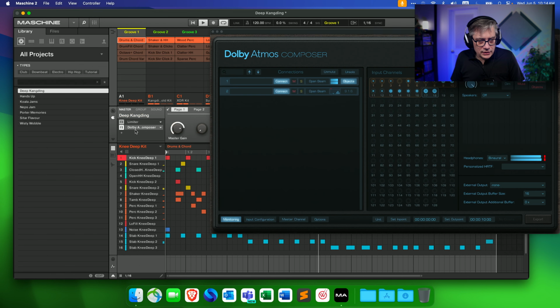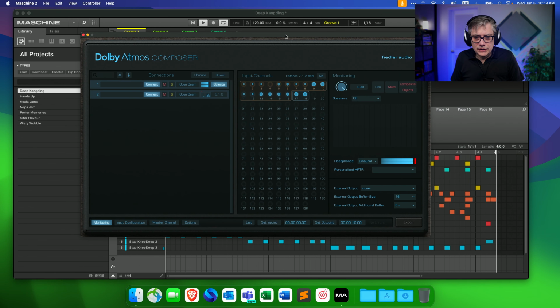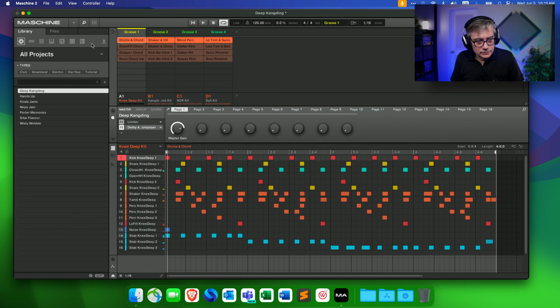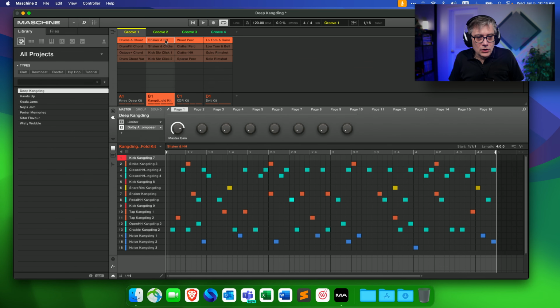So if we now go back into the Dolby Atmos Composer, we now see that the signal is sent into all 16 channels. And I now can simply continue on putting Beam plugins on whatever sound I want to send into the Dolby Atmos Composer. For this particular example, what I'm simply going to do is put Beam plugins on the 3 remaining groups.